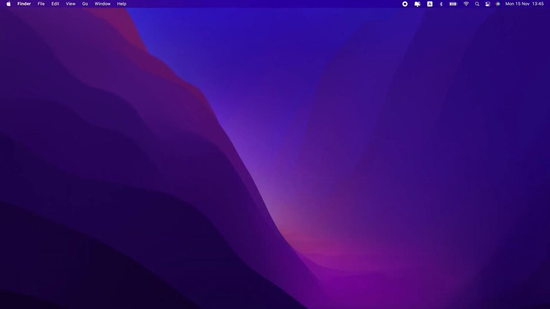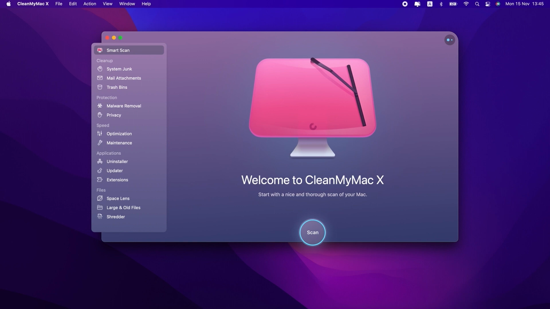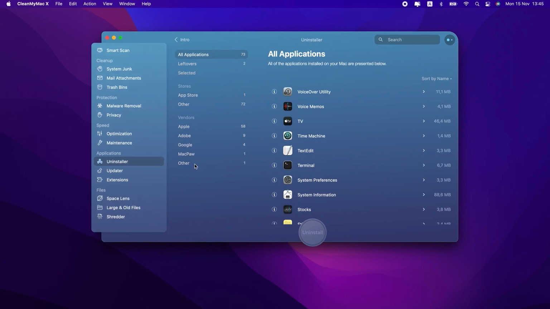The first way is the easiest way of the two. I'm going to use the app CleanMyMac X. It has an uninstaller tool that is helpful for apps, utilities, and drivers. And the best part is you can download it for free. Head over to the video description and hit the link to download and install CleanMyMac. When you've installed it, open the app.